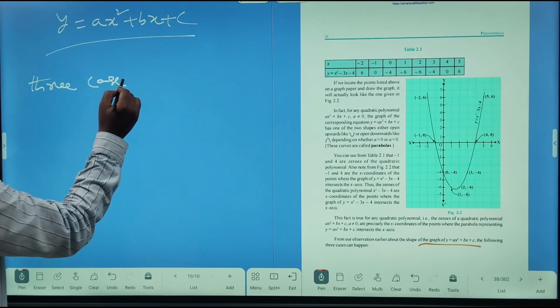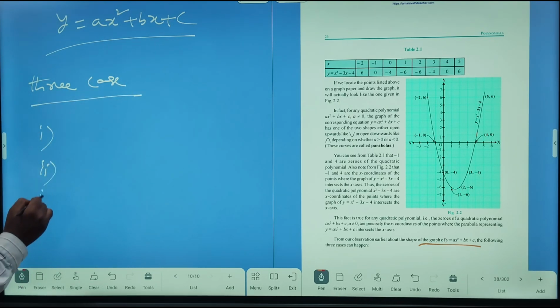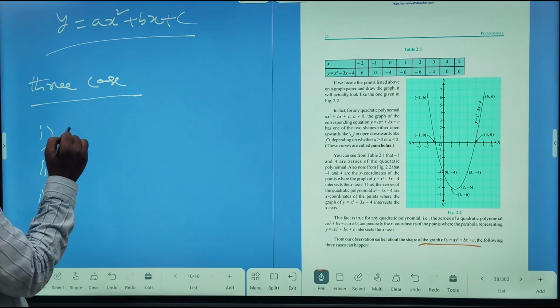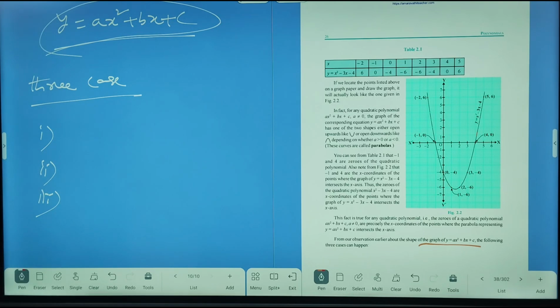Case 1, three cases will be there. Case 1, case 2, case 3. Case 1 means actually, the maximum number of zeros for this polynomial will be 2 because this is a quadratic polynomial. So maximum number of zeros means